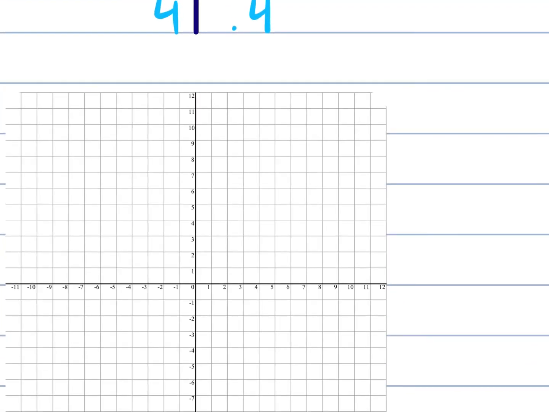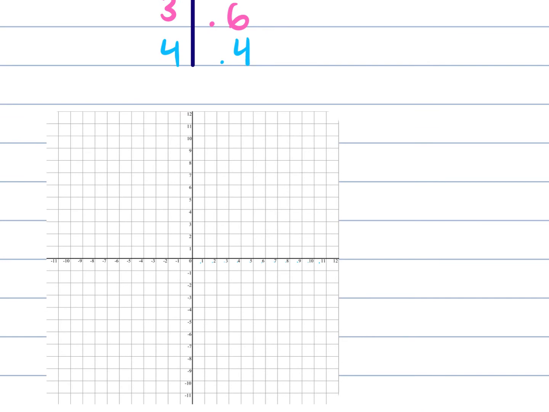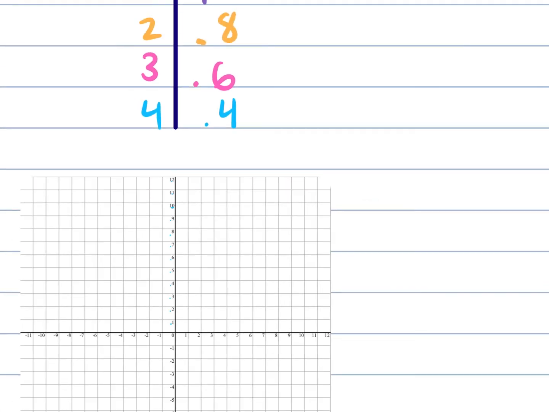I'm going to change the numbers on my graph and just make them decimals. So this would be 0.1, 0.2, 0.3, 0.4, 0.5, 0.6, 0.7, 0.8, 0.9, 0.10. Nope, that wouldn't make sense. I got to do it on the y-axis because my y values are decimals. I'm going to change these. It'd be 0.1, 0.2, 0.3, 0.4, 0.5, 0.6, 0.7, 0.8, 0.9. This would be not 0.10, it'd be 1.0. 1.1 and 1.2. So I just changed our y values to make our graph a little bit easier to see